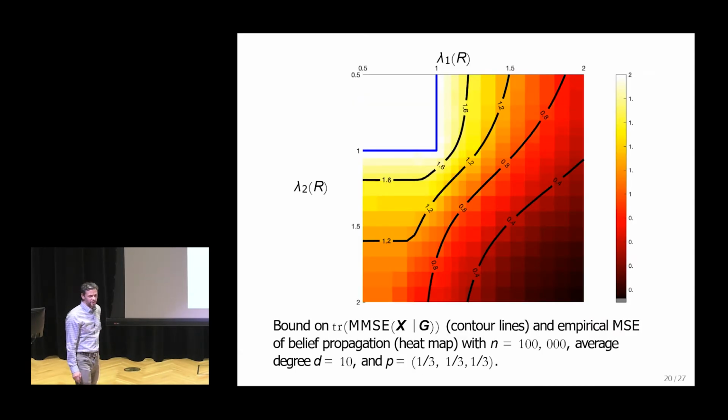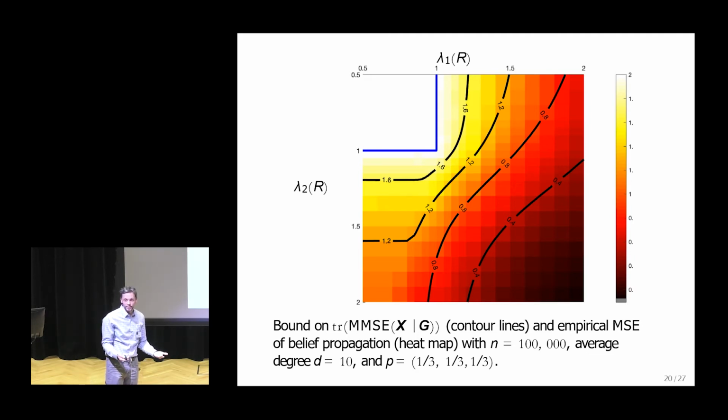All right, so one thing you can do with this is you can get some pictures of what's actually going on, and how you have some of these asymmetries in the network. So here's an example where there are 3 uniform communities, but you're changing the eigenvalues in that R matrix. So you're changing the types of connection behaviors that you see. And what we've overlaid here is the black contour lines predicted by the theory, whereas the red is the heat map obtained by running belief propagation on networks.